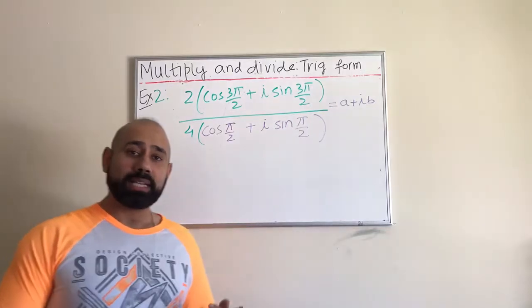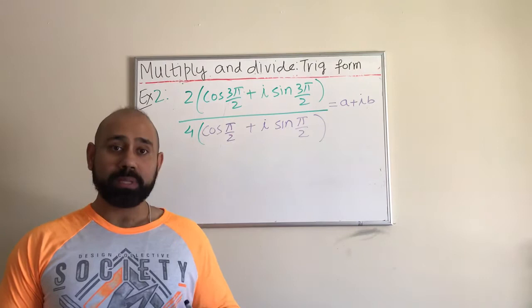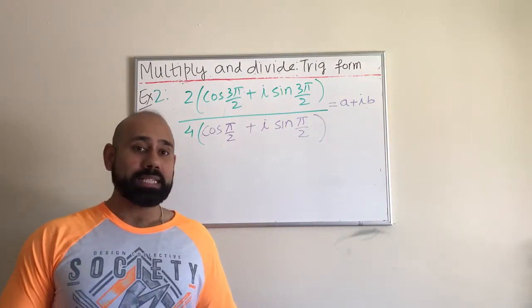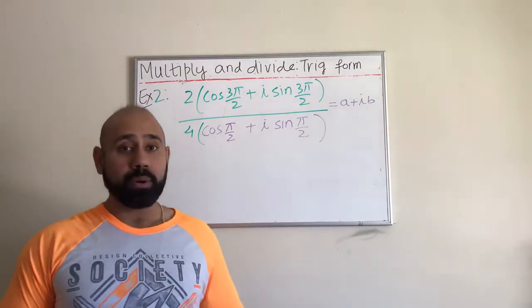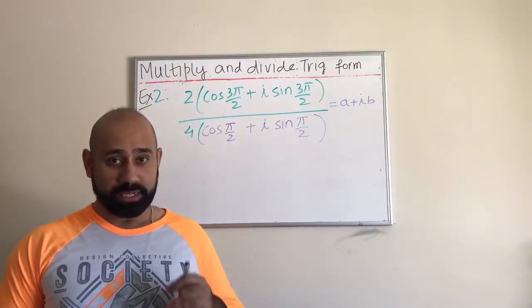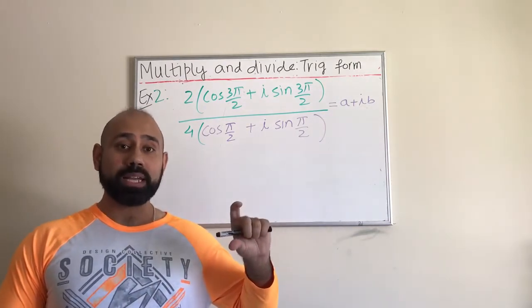Guys, let us look at this example where we have to divide two complex numbers, both of them expressed in the polar form, and finally we want to write the final answer in the standard form, which is a plus ib form. Guys, let us go back and recall that when we divide any two complex numbers that are expressed in the trig form, we have to divide the corresponding r's,